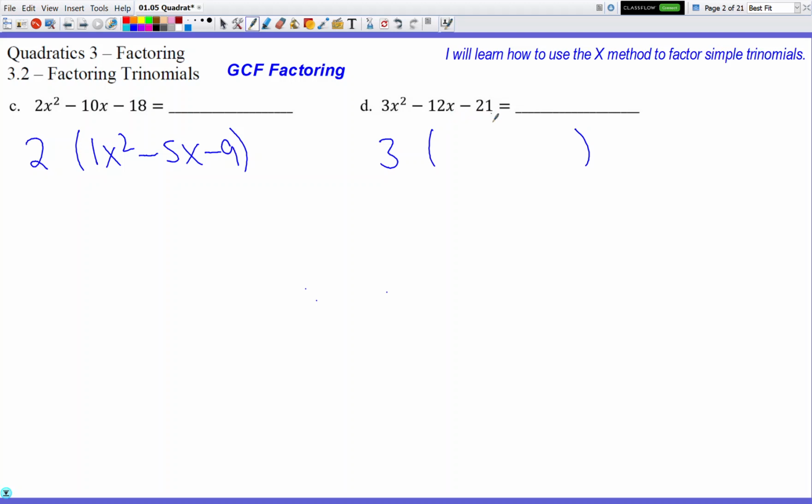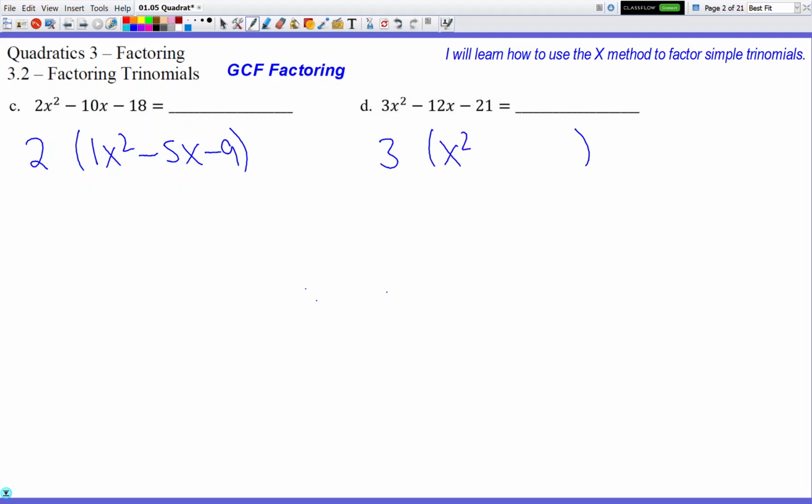He can't give away any before running out. So I'm not going to put an x on the outside because he ran out before even giving away a single x. So therefore there's no x on the outside. Okay, so 3 times what makes 3? A 1. So I'm not going to write the 1 because you don't have to, so you just write x